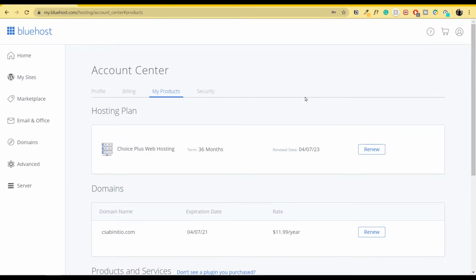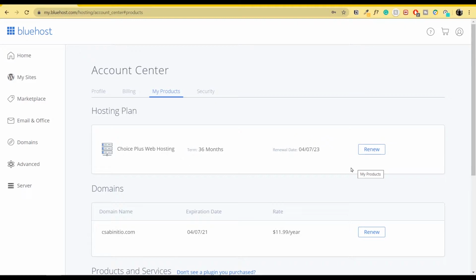Now we have done a few steps and we are ever so close to actually starting our own website. But before doing that, we have one more step, that is getting our own email address. And this is going to be a small video, but you have to have your email right from the start so that you don't have to change emails in future. You can start off with the business email right away.